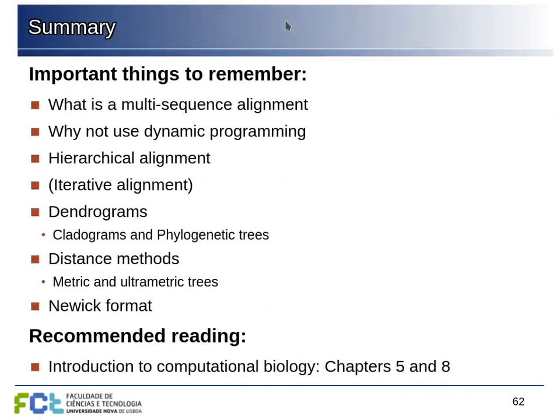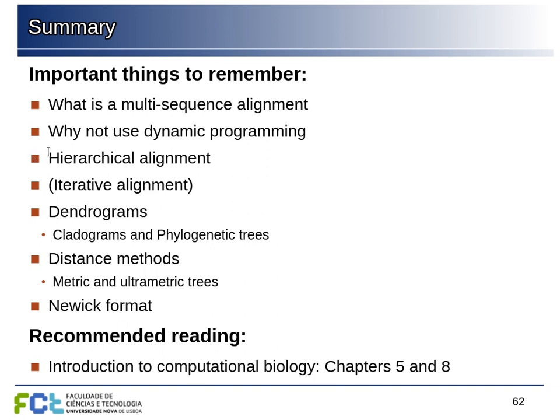Okay, so to sum up, we saw these two things, multiple sequence alignment and phylogenetic trees. Phylogenetic trees are one case of application of multiple sequence alignments, because when we do these with distance methods from sequences, it's always best to first align everything so that we have a consistent alignment between all of the sequences. A multiple sequence alignment is an alignment of more than two sequences, and we cannot solve it with dynamic programming because the complexity increases exponentially with the number of sequences.